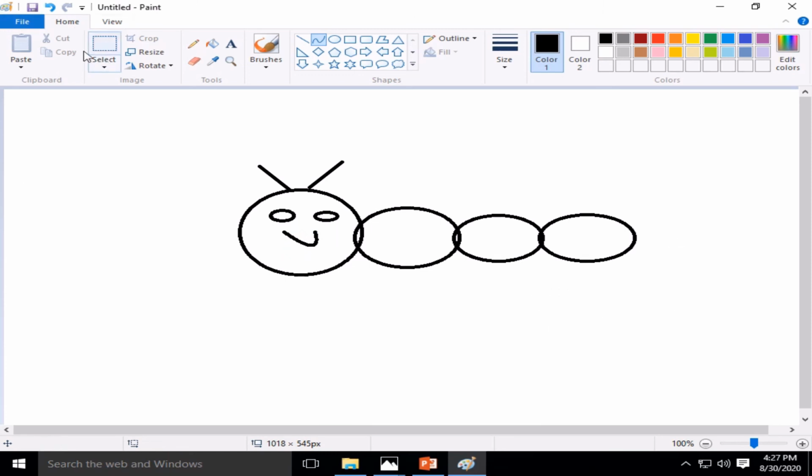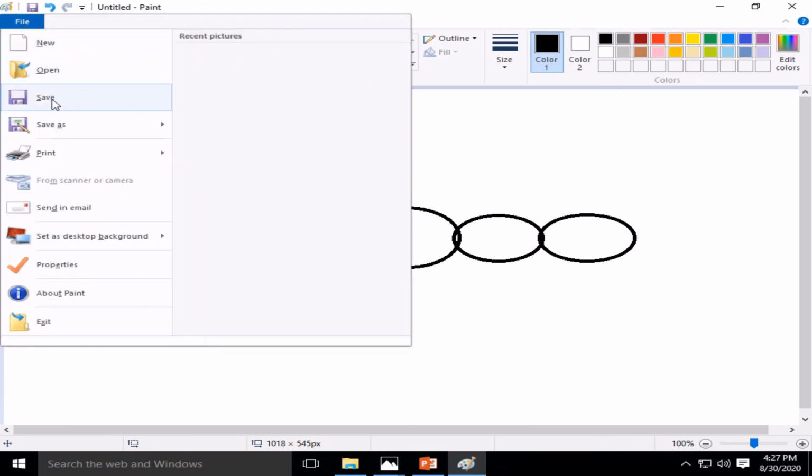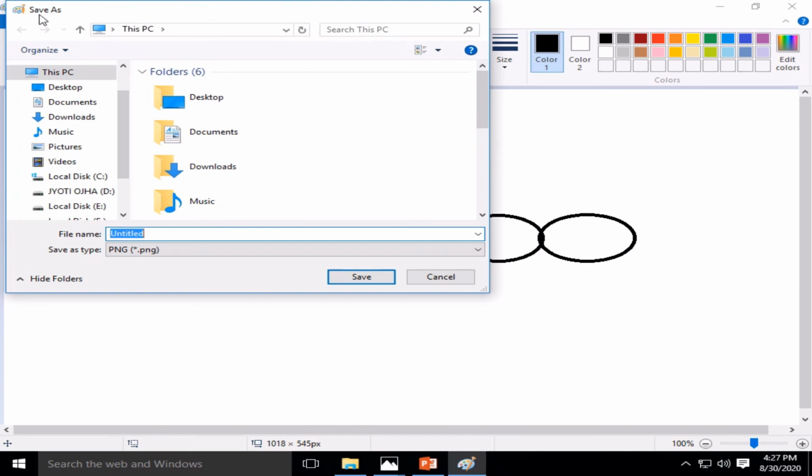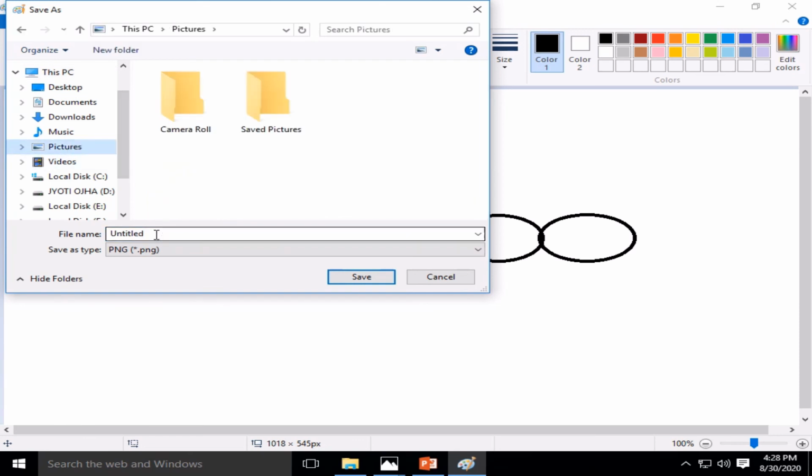Now I want to save it. So I have to click on File tab, Save option. Now this Save As dialog, see the name here, Save As. You have to write the name of your file. Suppose I am writing caterpillar.